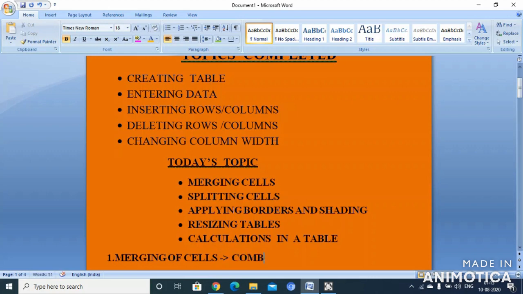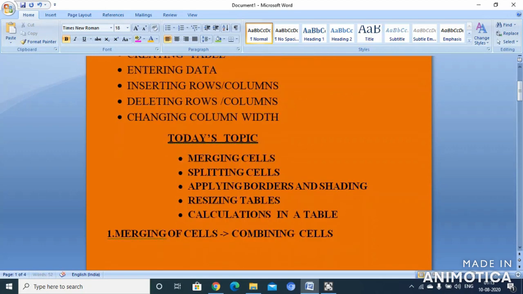The rows and columns, when we combine them together, they become one. They join at one place only. We will see with the help of examples, it will help you better understand. So merging means combining the cells or joining the cells into one part. Let us see how to do that, children.